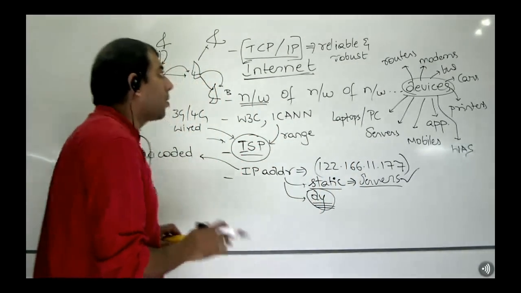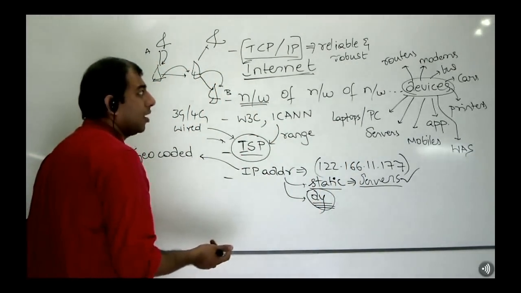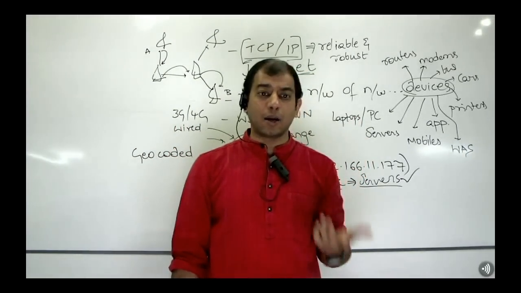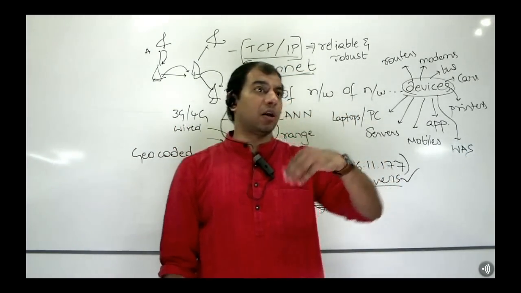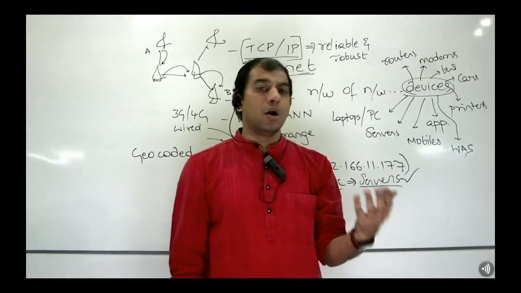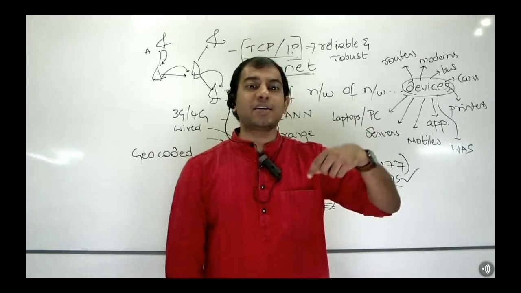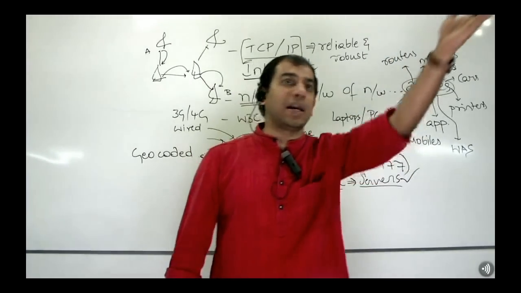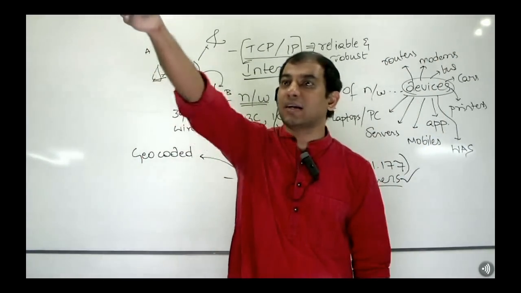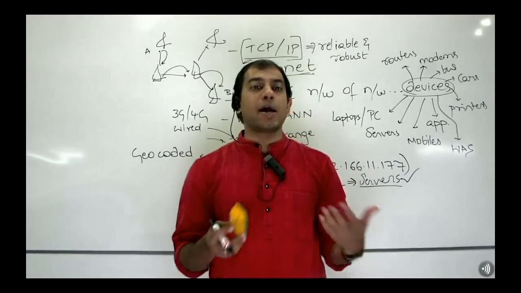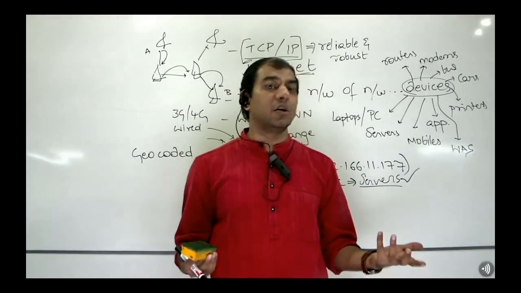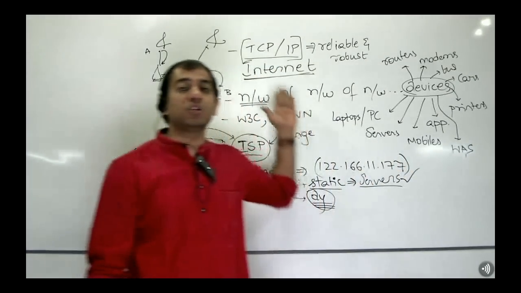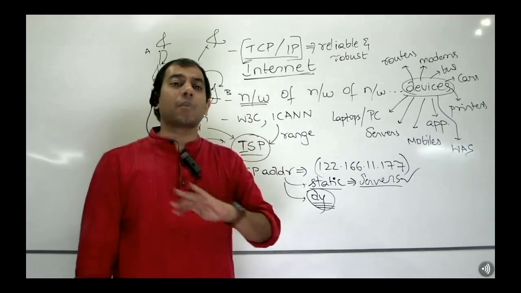But what is not possible is this internet being used by human beings. I'll repeat. If you are sitting on a machine connected to the internet, and you want some data that is sitting in some other machine, how will we get to know what data is there? How will we get to know the IP address of that machine? How do I create a TCP/IP request, or how do I ask for something? So human beings cannot use the internet directly. This became a big problem.